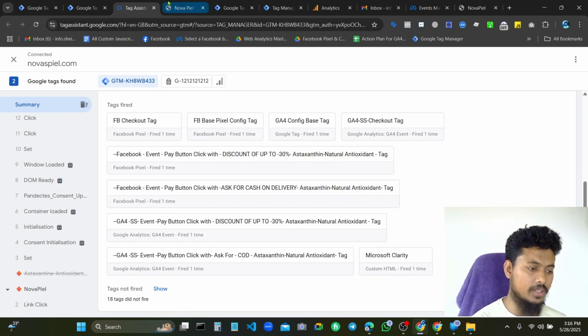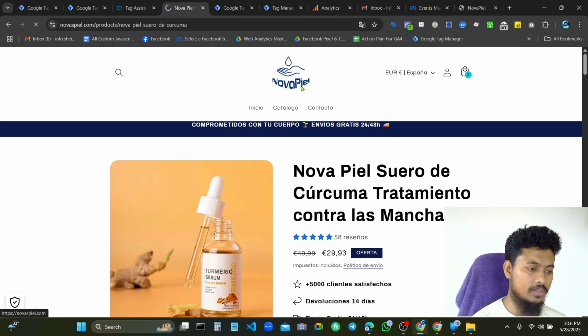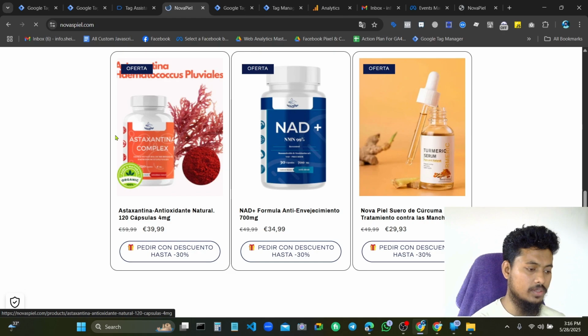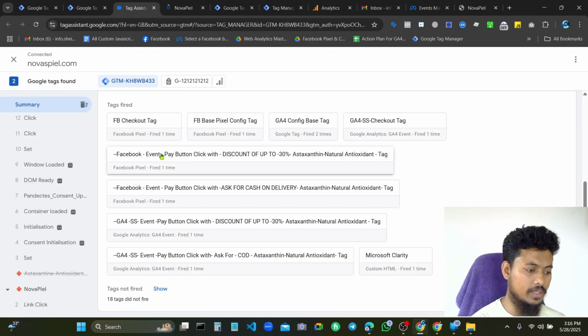The first product was this, and you can see the pay button click up to 30% discount for this Facebook tag, and this is the Facebook tag for cash on delivery, and this event is for GA4, Google Analytics 4.